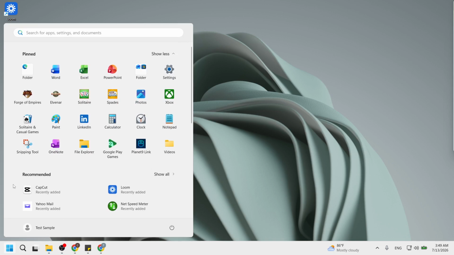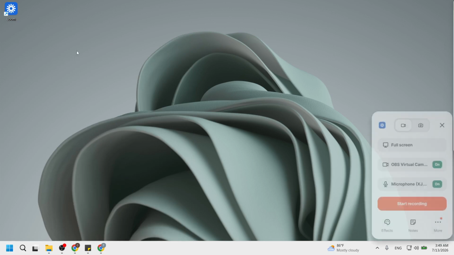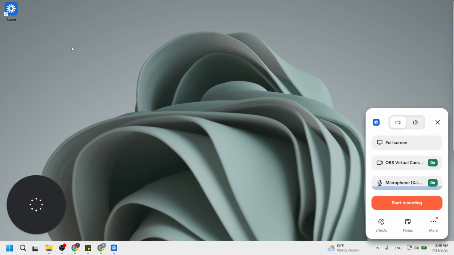You will see the familiar interface with options for recording. If you do not have the app installed yet, you can download it from the Loom website. Opening the app is crucial because it allows you to access all the features needed for recording. You will notice the main controls and settings that will help you customize your recording experience. Make sure everything is running smoothly before moving on to the next step.